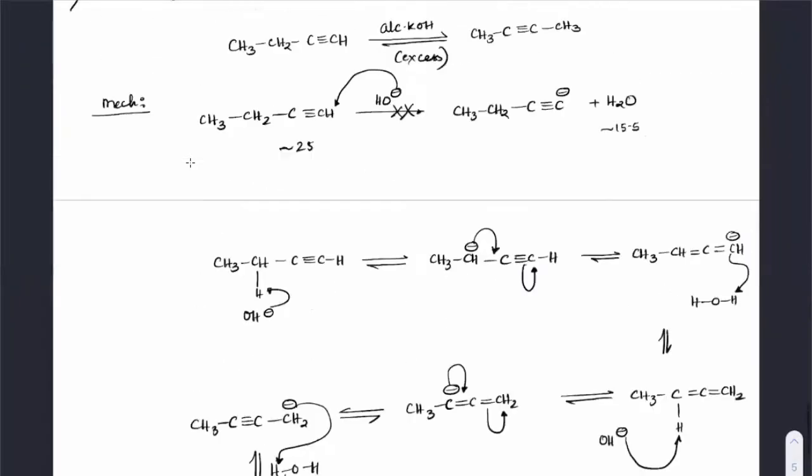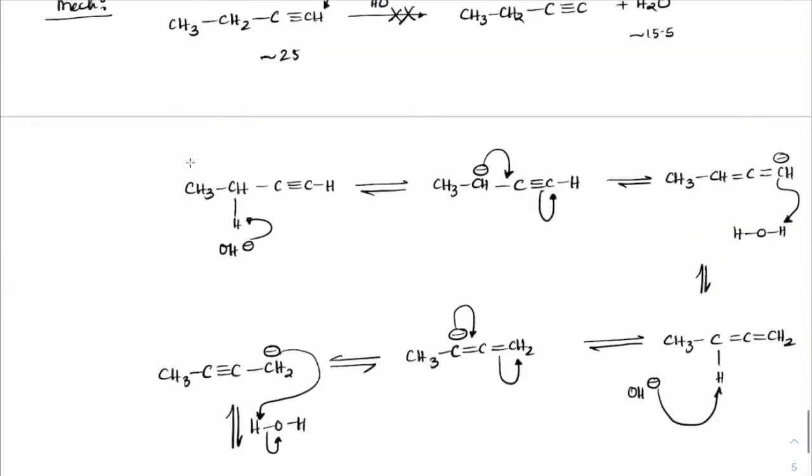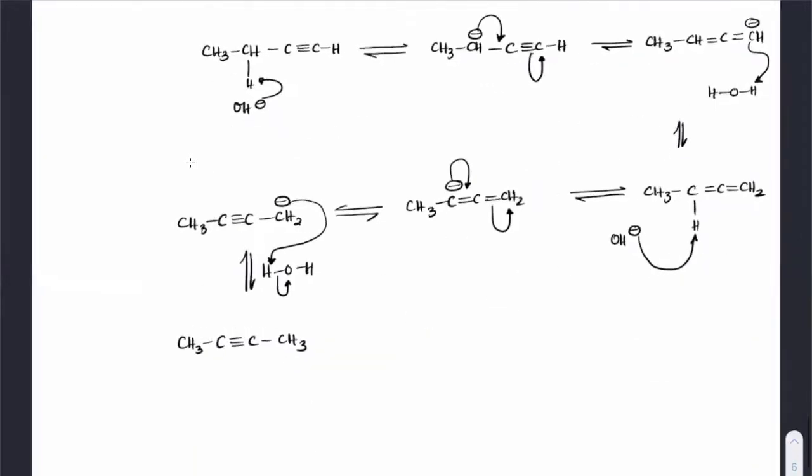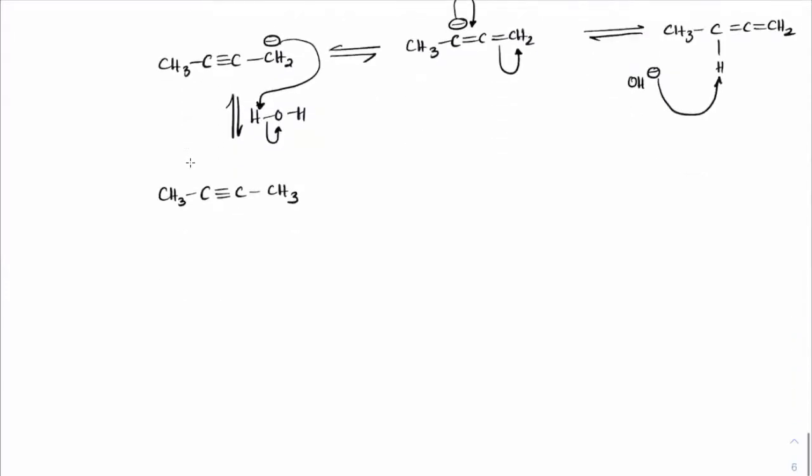Since the reaction has to break a stable carbon-hydrogen bond to form this H2O, excess with some amount of temperature would always help the reaction go in the forward direction. Clear? So let me give you the final gist of it. Not that you have to remember the mechanism, students. It is just for the sake of understanding. You just need to know which terminal cases have to get rearranged.